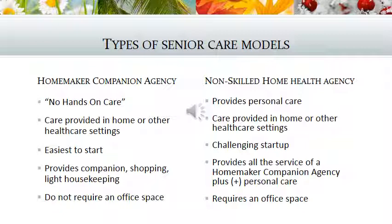Now, the next agency that we are going to discuss is what's called the Non-Skilled Home Health Agency. Now, this particular agency does fall under a home health agency for the state of Florida. But what it does is there's two separate kinds. There's a skilled and a non-skilled. The non-skilled is what we will focus on for my particular consulting firm, because this is the